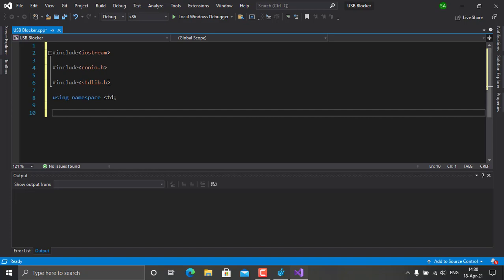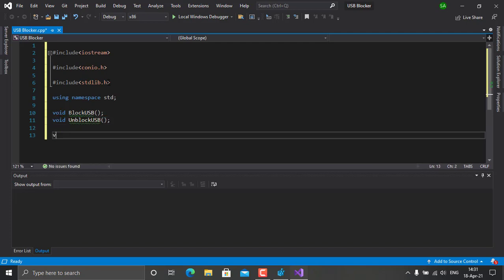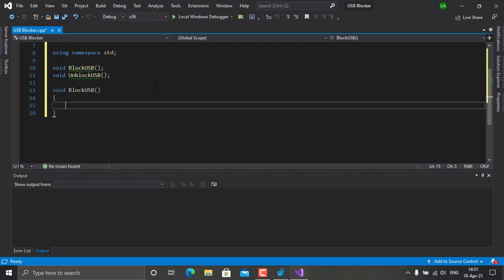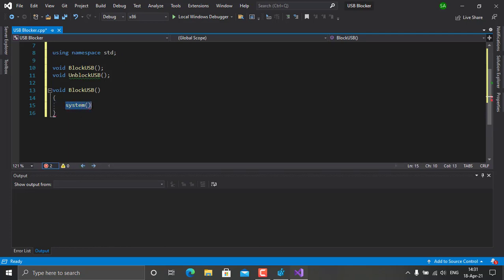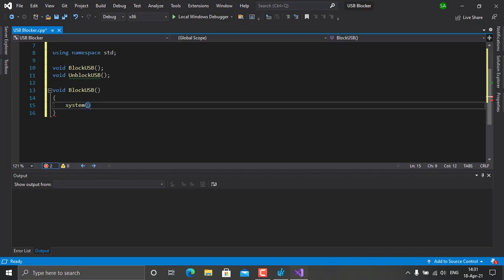We shall be creating two functions, one for blocking USB, and the other for unblocking USB. First we define the block USB function. Here we can run any CMD command by typing the system function, which is located in stdlib.h. So we're going to run